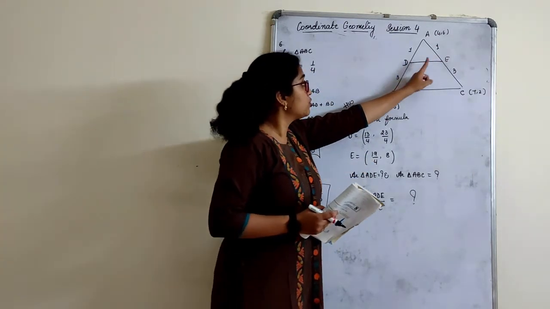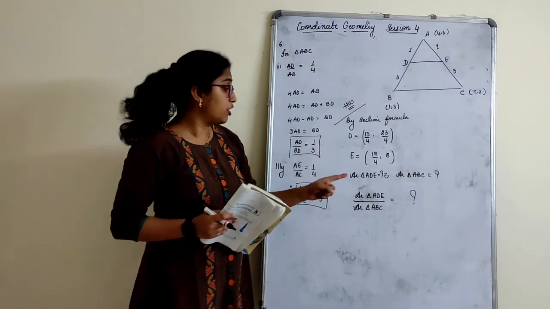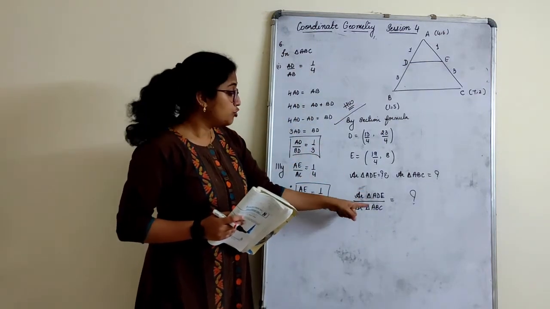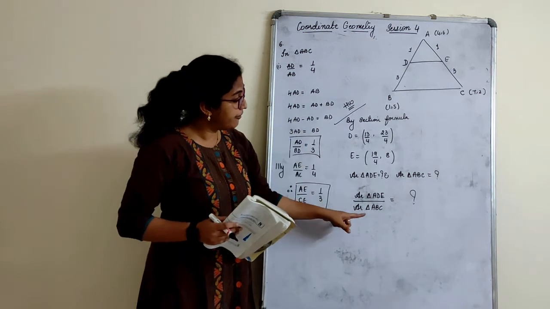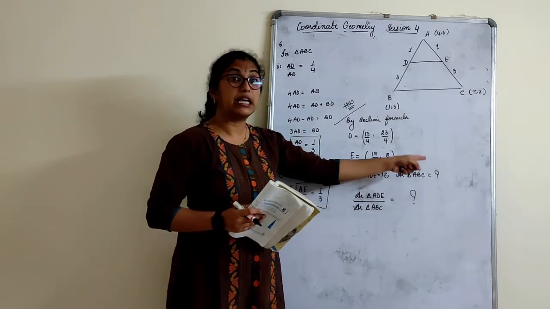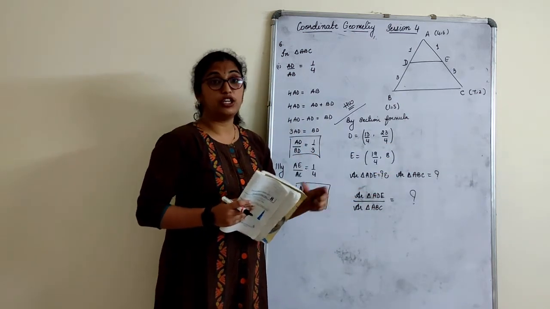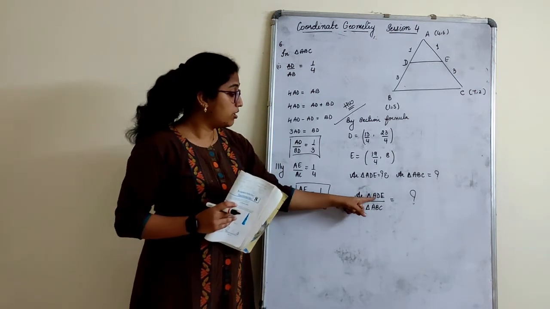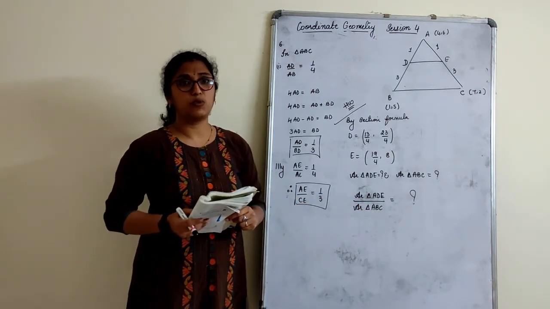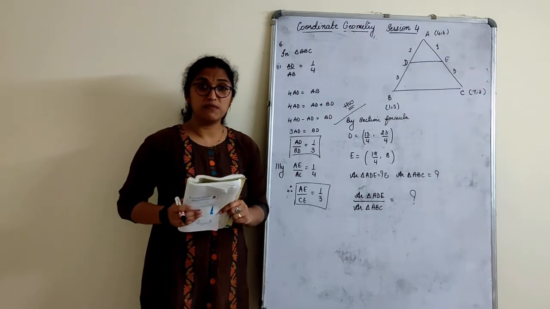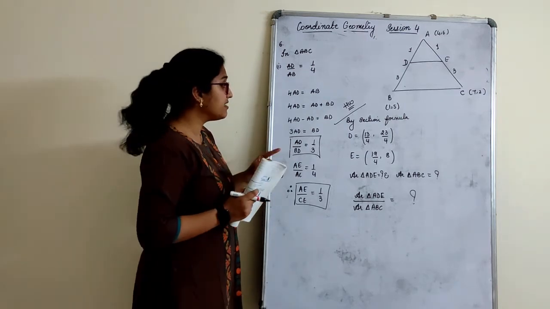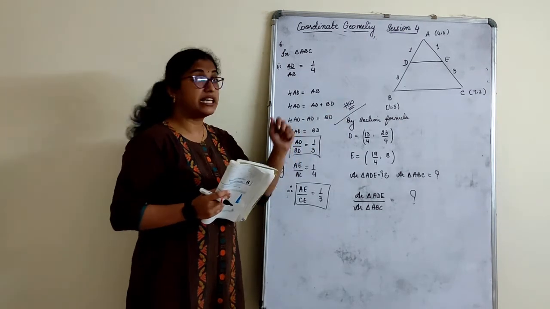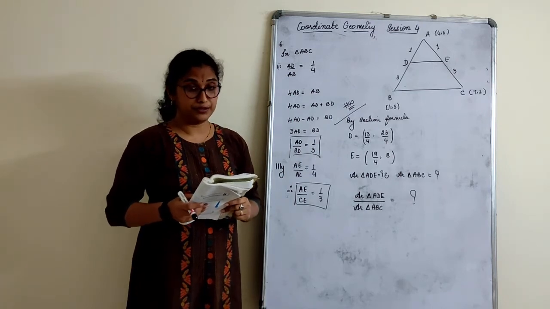You know the coordinates of D and E. Find area of triangle ADE. You know coordinates of whole ABC. Find area of triangle ABC. Then find the ratio of this smaller triangle to bigger triangle. That's what they have asked. Question is very simple, children, but you need to apply these many things to find it. The second half, I've given you for the homework.